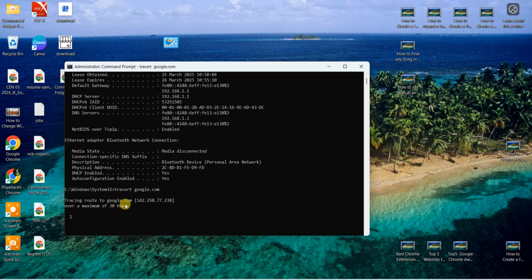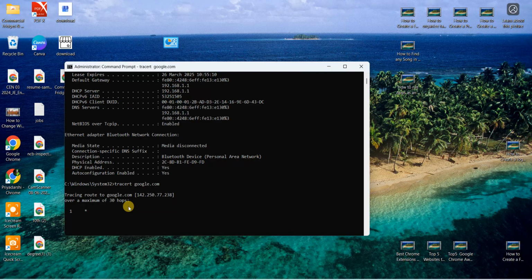Now you can see the tracing route to google.com over a maximum of 30 hops. Now my issue is solved. To check for suspicious network activity, use netstat. Type it. Okay, it's checking my hops, as you can see here. Timeout. Now press the escape key